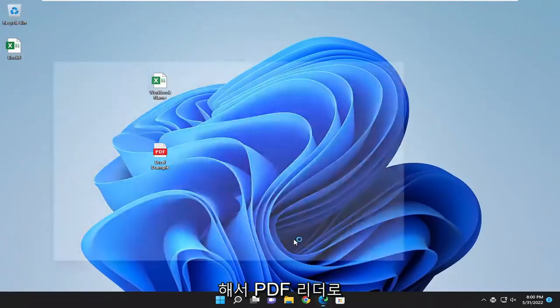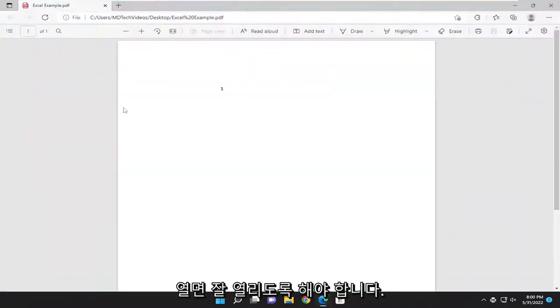And if we go ahead and open it up with a PDF reader, you should see that it should open up just fine. So pretty straightforward process here,